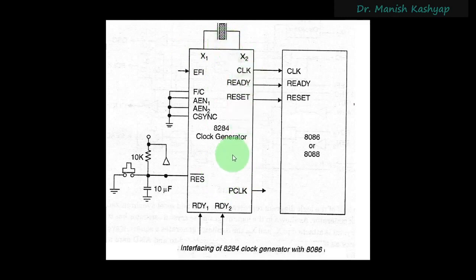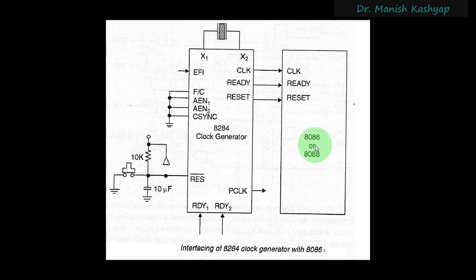One of the questions that you might directly ask is about this 8086 microprocessor. I have also written 8086 or 8088. Whatever we discuss for 8086 is also applicable to 8088, but the only point is 8086 is a 16-bit microprocessor and 8088 has an 8-bit data bus. So its data bus is not of 16 bits, rest everything is same. So whatever we are discussing for 8086 is also applicable to the 8088 microprocessor, right?